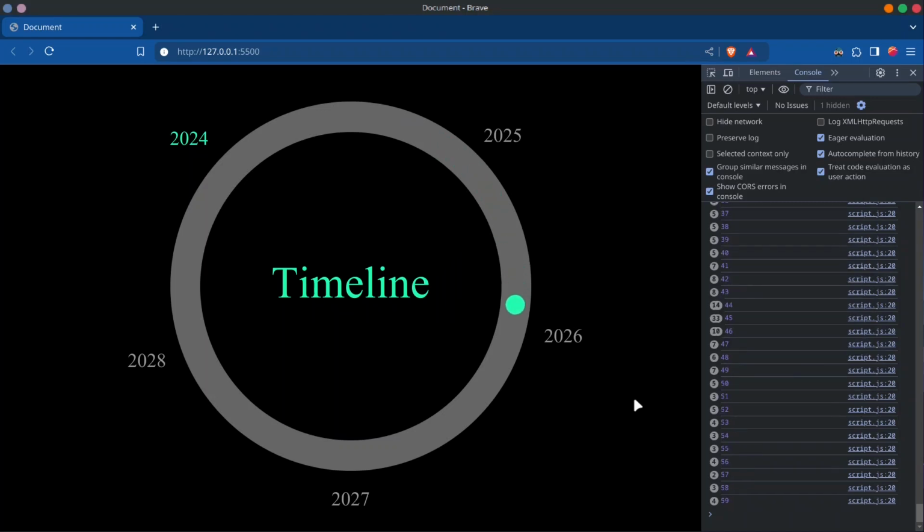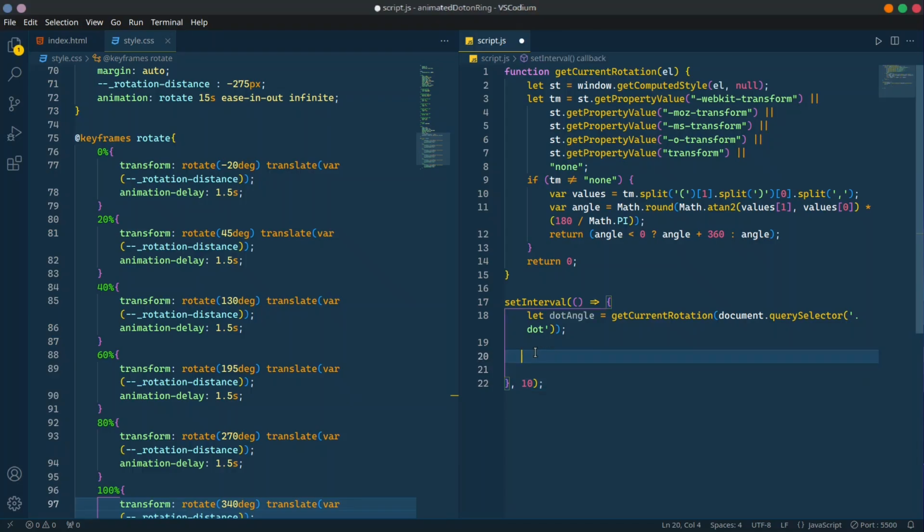Now it's time to change the color of external contents based on the position of the dot. So let's get into it. Now we will use a bunch of if statements to check the current angle of our dot, and depending on the angle we will add the glowing class to one of our external elements.